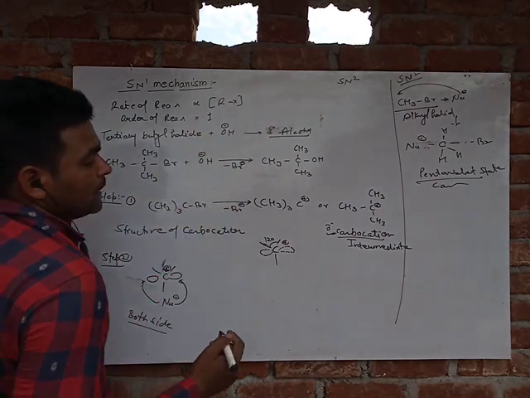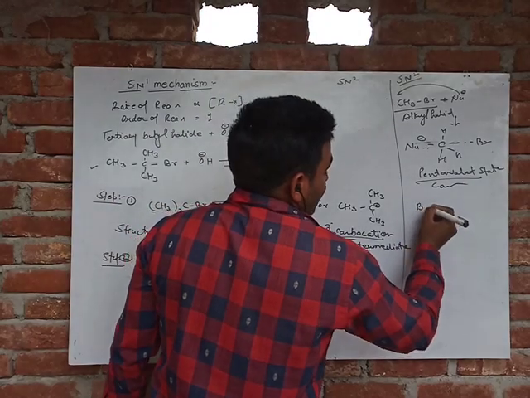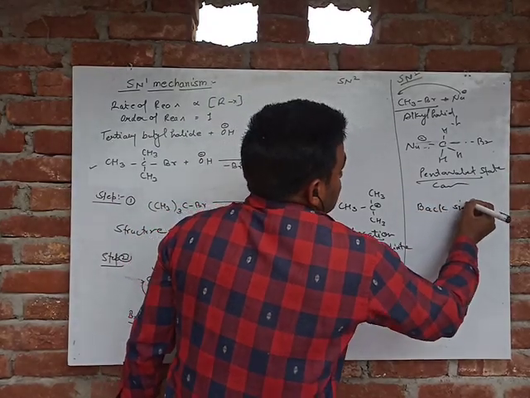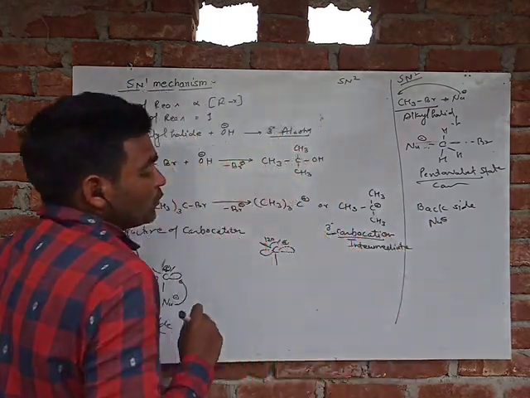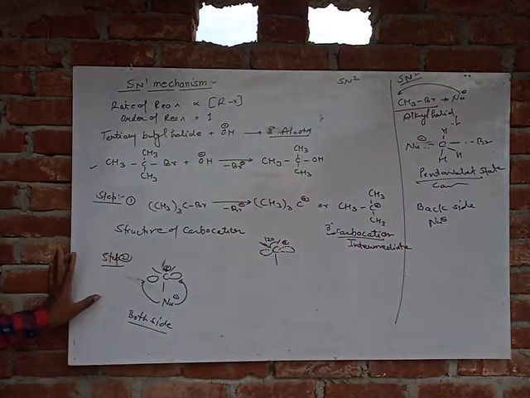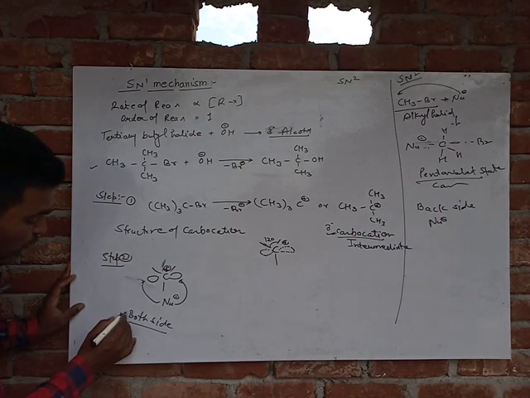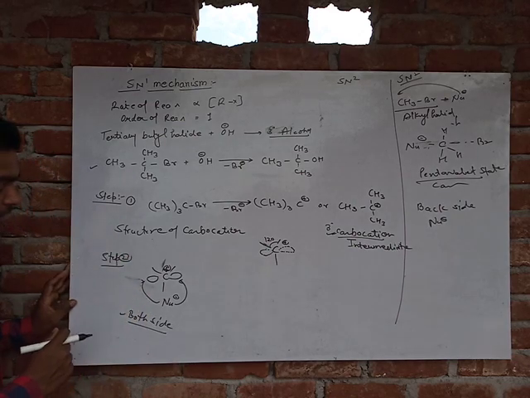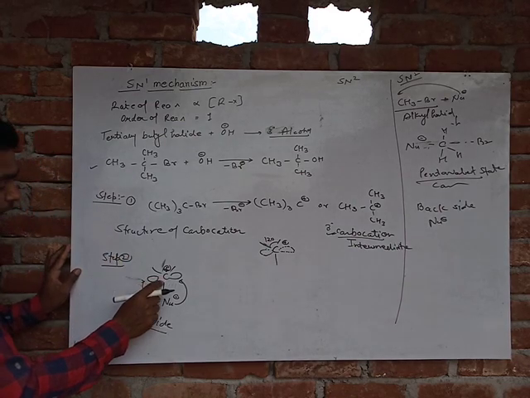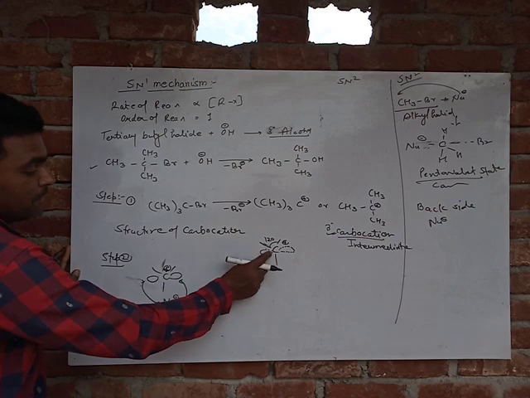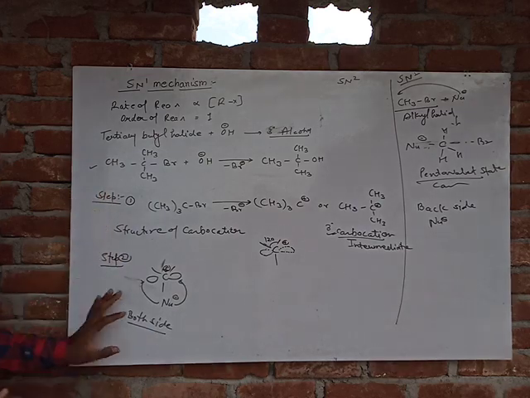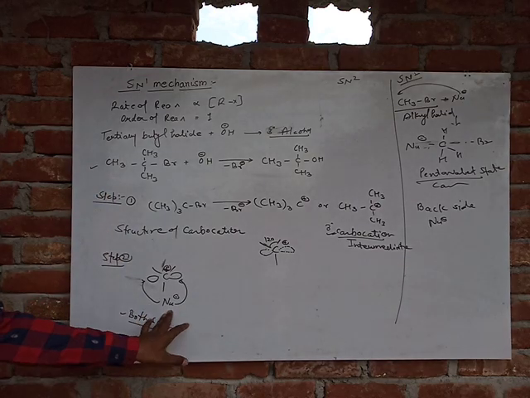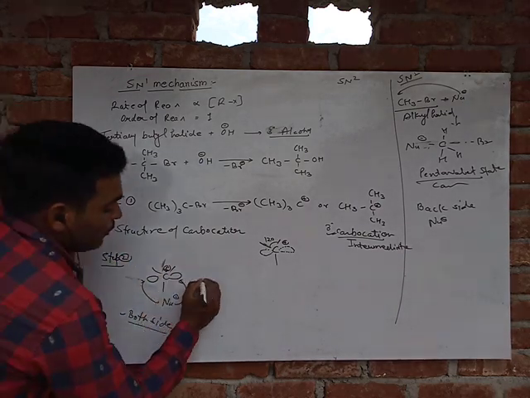In SN2 we said it is back side attack of the nucleophile, but in the SN1 mechanism, both side attack of the nucleophile takes place because the carbon atom has an unhybridized p orbital perpendicular to the plane. So the nucleophile attacks on both sides and forms